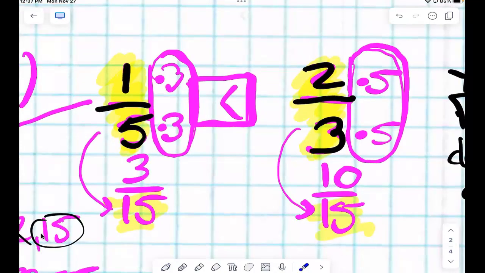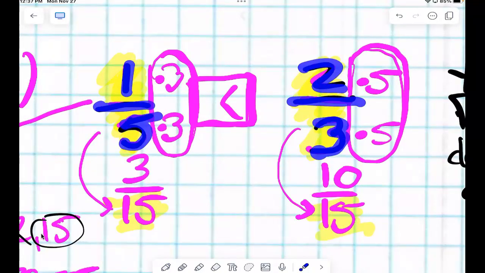How about number 7? I have 1/5 as my fraction, and I have 2/3 as my other fraction. Can you compare those 2 fractions? No. Absolutely not. And why can we not compare them? The denominators are not the same. So we need to find a common denominator for 5 and 3. Do you guys know what number that 5 and 3 both go into? Yes. What? 15. So if I know 15 works, could I just write my new fraction denominator down here, 15